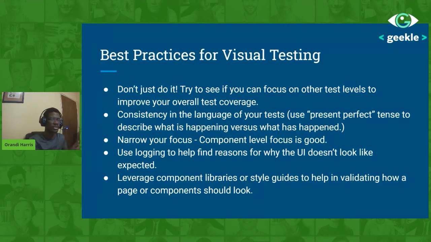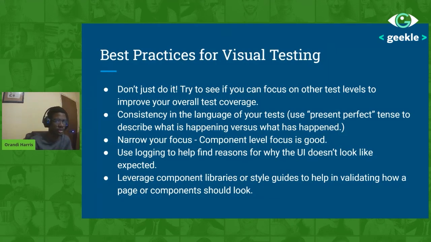You want the persons on your team to be able to know, okay, this test failed, but why did it fail? Can I get some understanding of why it failed? And then the last point is to leverage things like component libraries or style guides to help you in validating